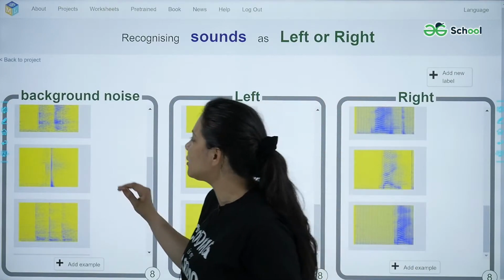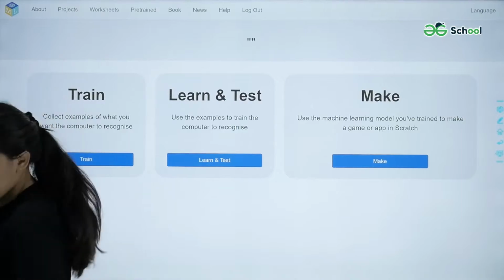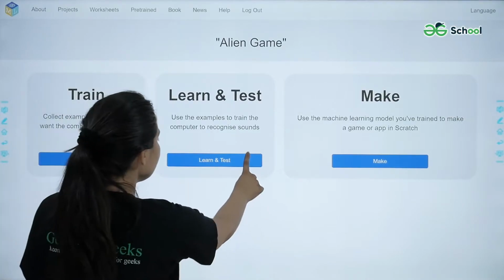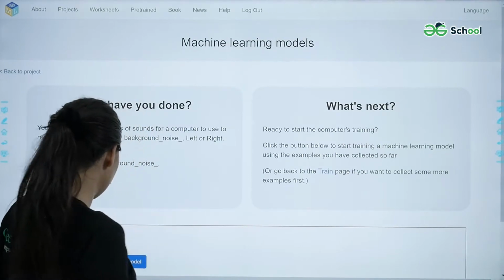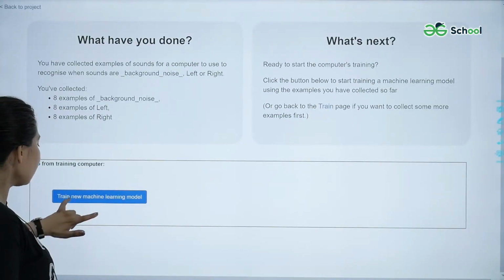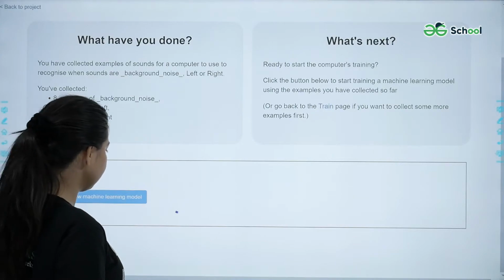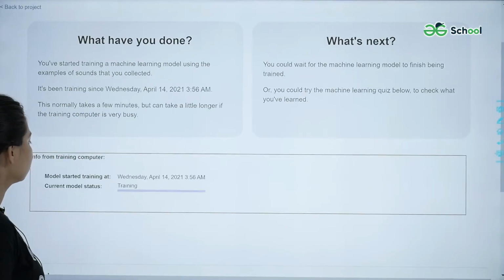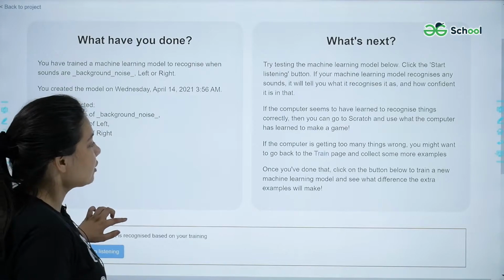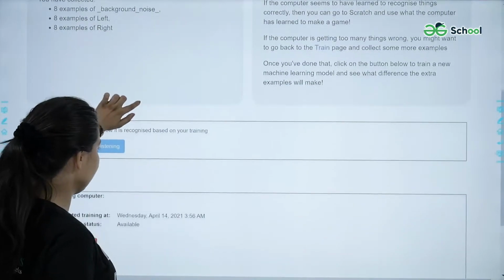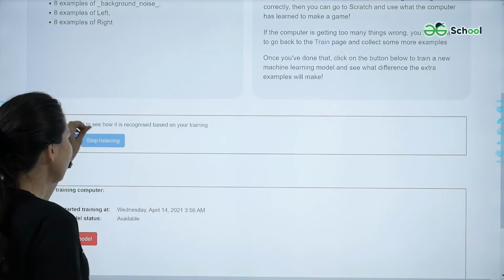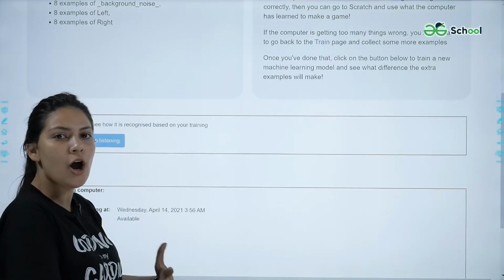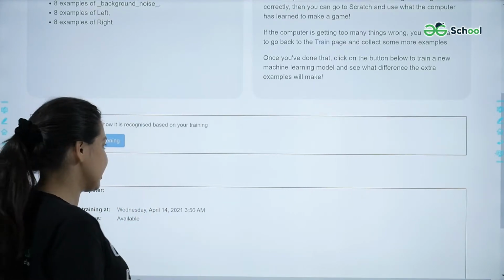Now let us go back to our project and make our model learn, and then we will test how my machine learning model is performing. So from here, select Train New Machine Learning Model. Okay, so my machine learning model has been trained. Now let us test the examples to see if my model is performing well or not, or whether I should add more training examples.